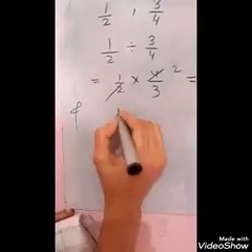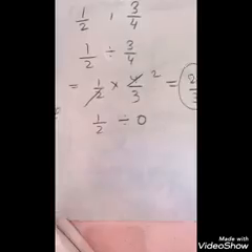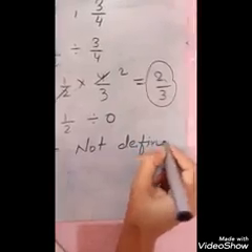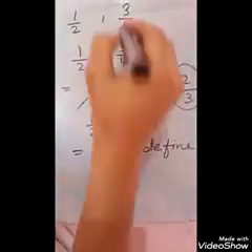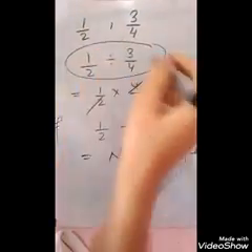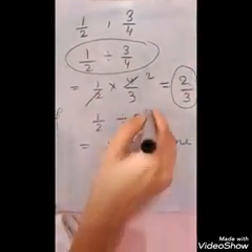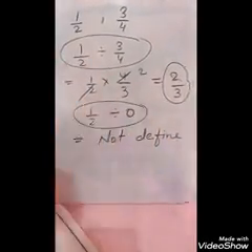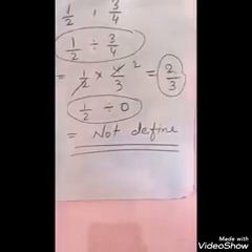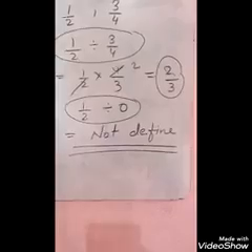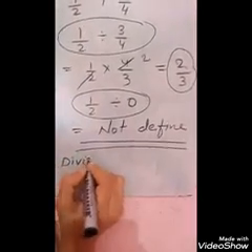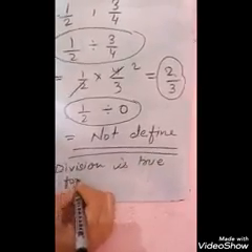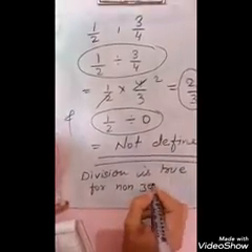But when we take a 0, that is not defined. Any number divided by 0 is not defined. So closure property will be followed for division only when the rational number is a non-zero rational number. Whenever we take any one of them as 0, then we will not find it true for that case. So we can say that closure property for division is true for non-zero rational numbers.